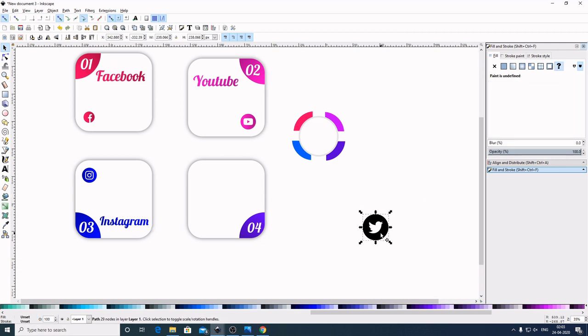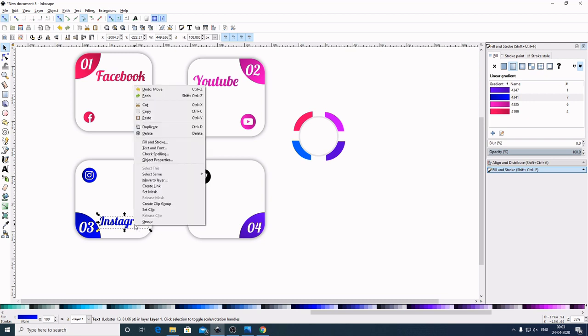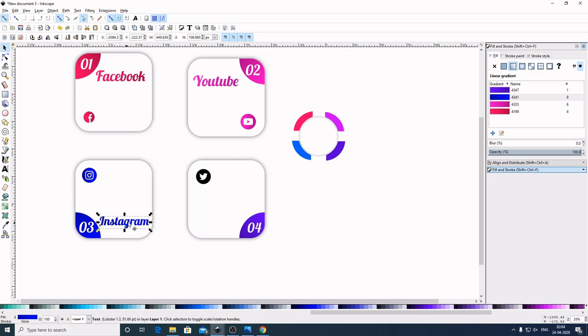Now select this tutor, bring this here. Now select this, raise selection to top. Now by holding Ctrl and Shift in the keyboard, drag this inward to make it smaller. Bring it here, place it here. Now select this, make a duplicate of this, right click, duplicate, place it here. Now select this, create an edit text object.